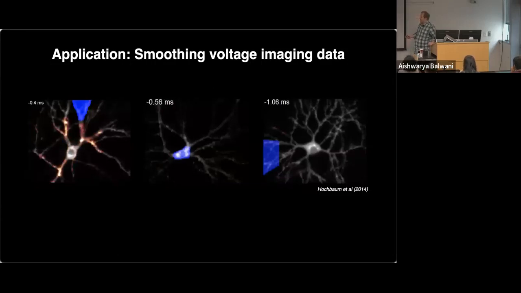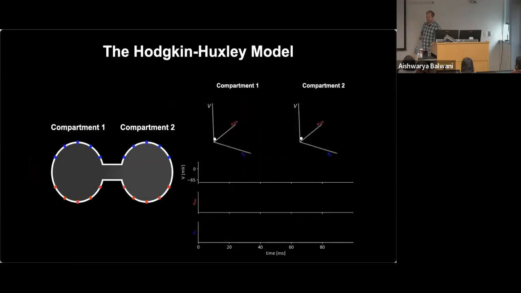The trick is that the data doesn't actually look like this. This is a superposition of many spikes, thousands of spikes that are happening at slightly different delays relative to the sampling, the frame rate of this camera, such that they can go back and do effectively a super resolution video. Very, very fine time resolution to look at what an average spike looks like. But if we want to do this using raw data and infer on a moment-to-moment basis what the voltage is, we need some tools that can do inference about voltage dynamics given relatively slow and noisy light measurements.